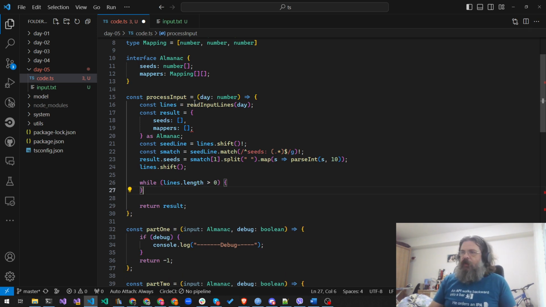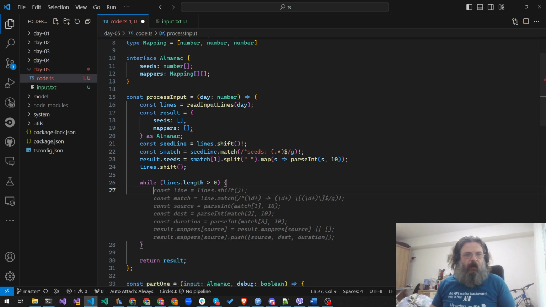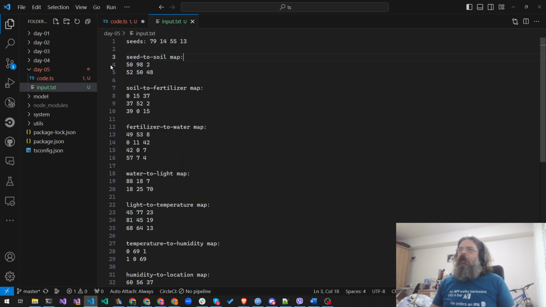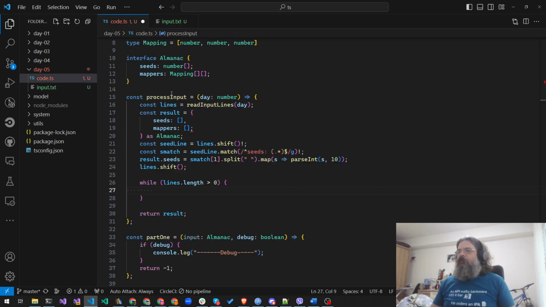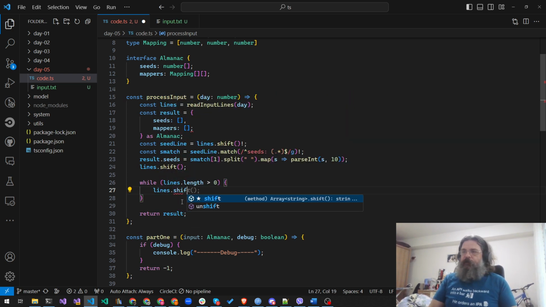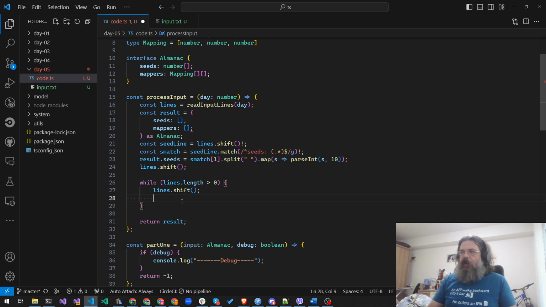Well, we do have lines. And at the moment, we are at line number 3. We are here. So what we need to do? We were gonna need to skip a line. lines dot shift. And then,